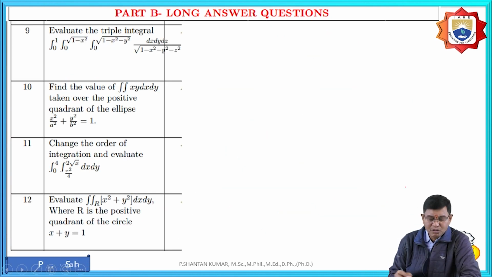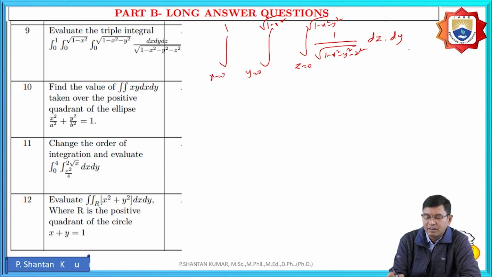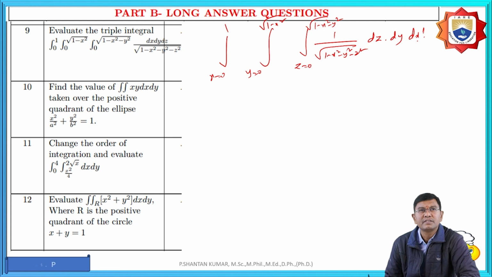And again here also the problem is under xyz. First xy is given, which means that we need to assume that z is equal to 0 to root of 1 minus x square minus y square, and again it is 1 by under root of 1 minus x square minus y square minus z square with respect to dz. And again after that with respect to y, because the limits are in terms of x, therefore y is equal to 0 to root of 1 minus x square into dy, and finally x is equal to 0 to 1 we need to calculate. And next one,